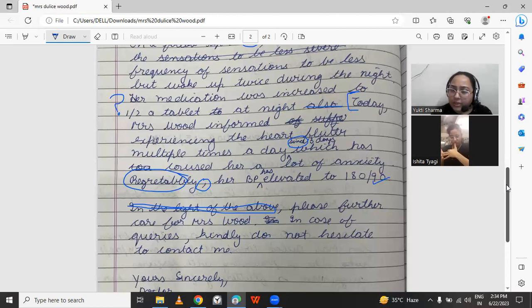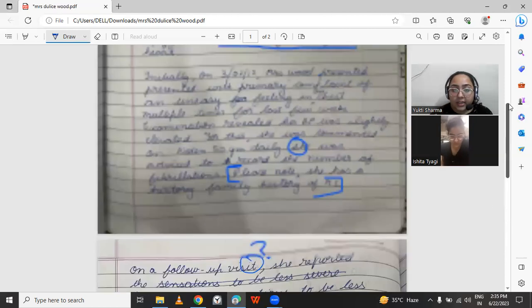Otherwise, the best thing to do, if you find it confusing at any stage whether to add it or not because my word limit is almost complete, say 200 words I have added and it's not that important, is to just say that important case details and medication list is attached to the letter for your review. That's it. Then you don't have to add anything. Just add that little sentence and close your letter saying, kindly take over her management, or kindly, an appointment is,